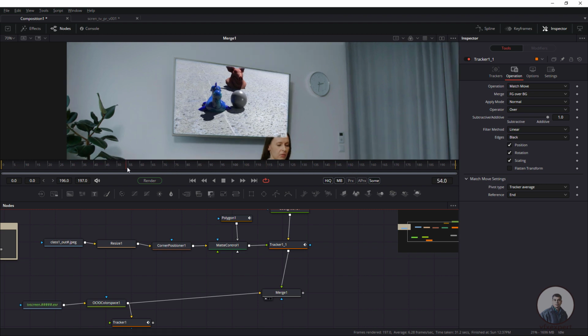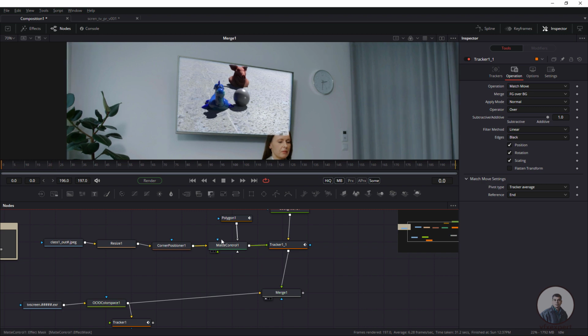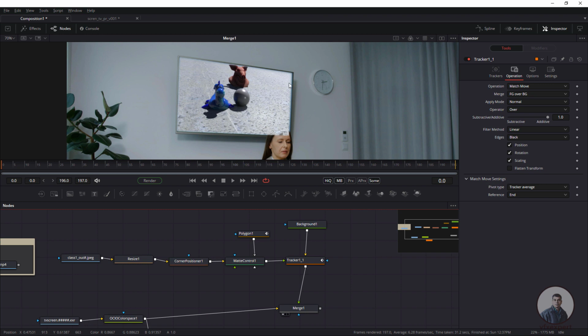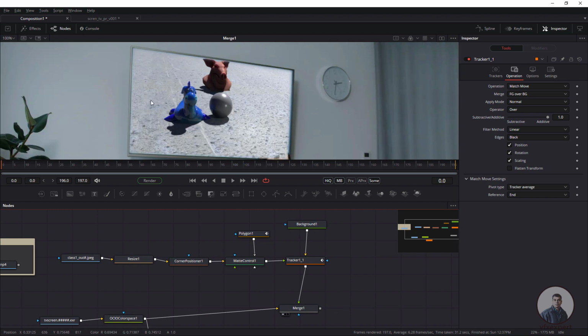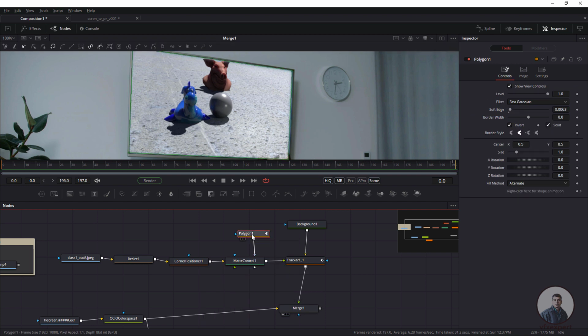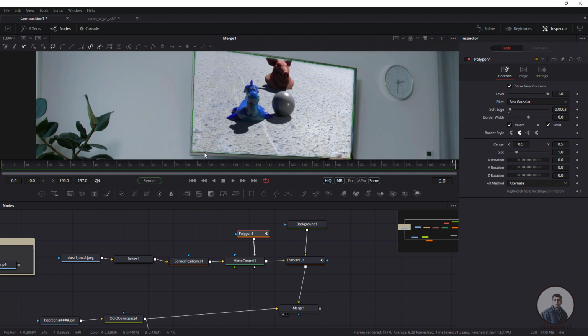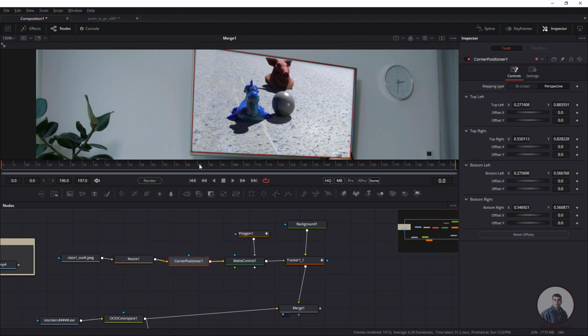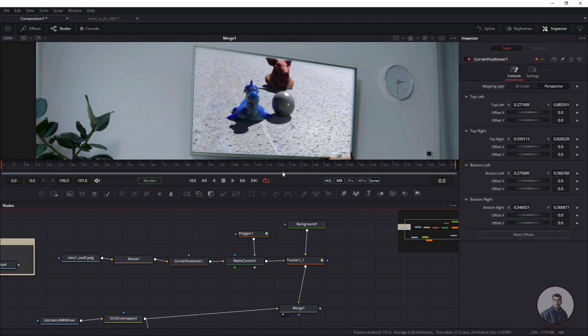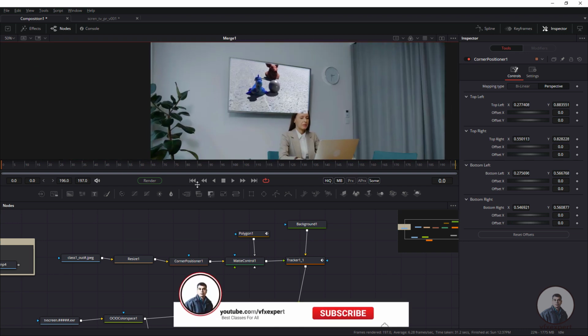Now this is looking good. Like this, you can replace your screens. After this, if you want to smooth your edges a little bit, you can adjust the polygonal or the blur. You can also use the double poly and blur all these edges. If you want to adjust the perspective a little, you can adjust the corner pin according to requirement. Now I am going to start our further work.